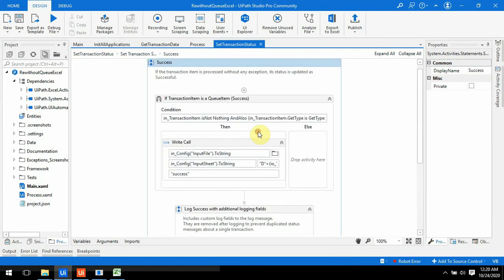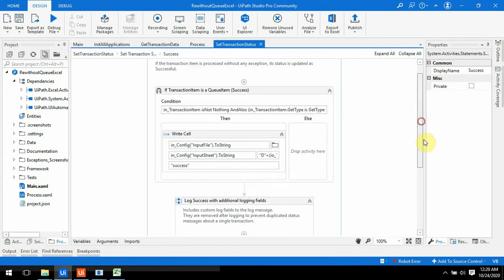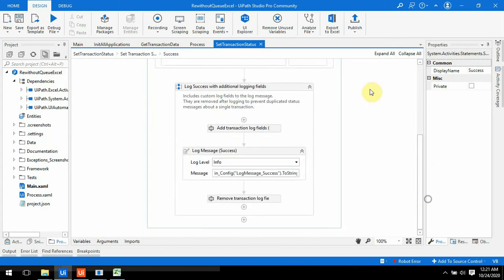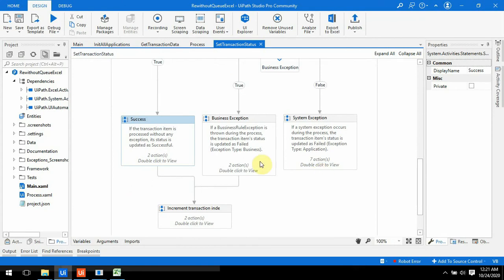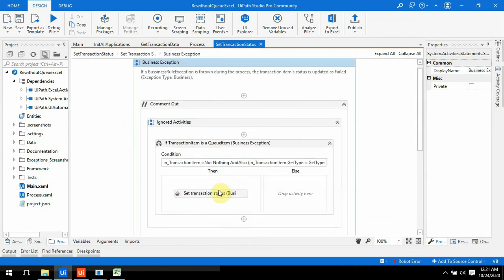So you can set the conditions in process state, and in business exception, in place of set transaction status, we can throw a business exception.